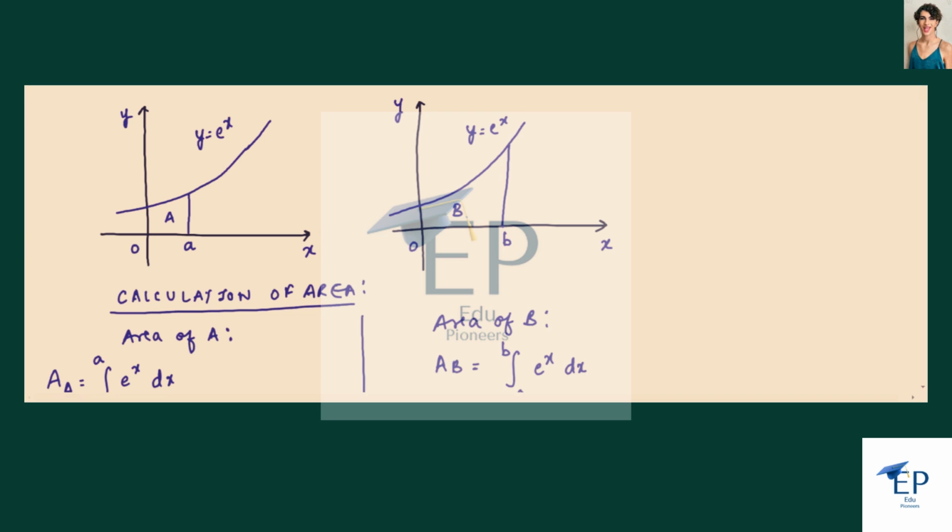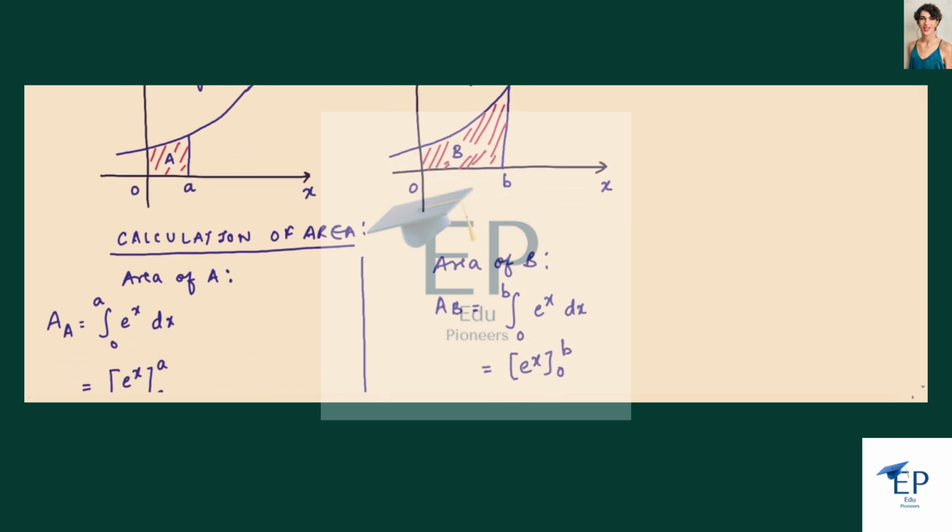In this problem, it is given that the area labeled B is 3 times the area of A. Express B in terms of A. So this is the graph given to us, and this is the area, that is A. This is the area. This is B. This is given by capital B, area.